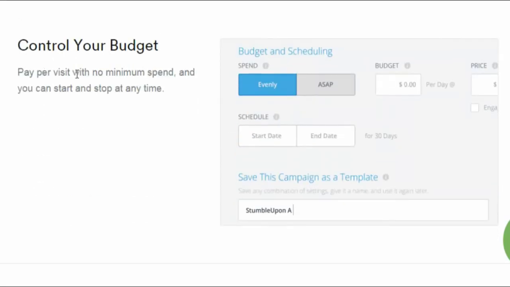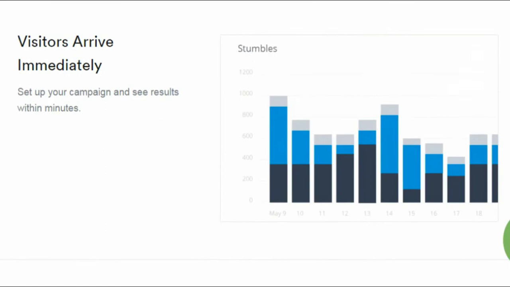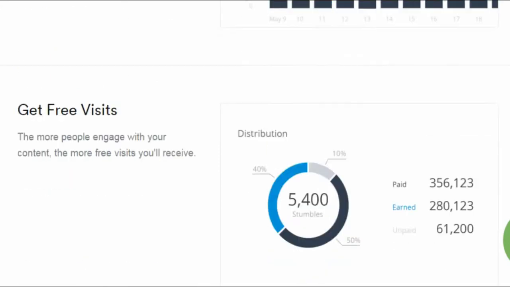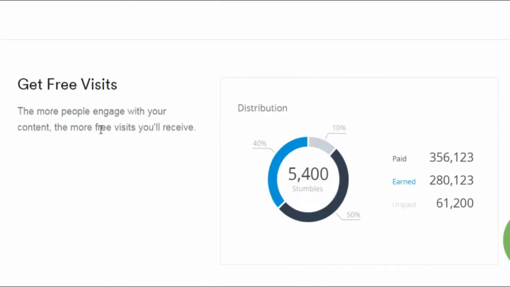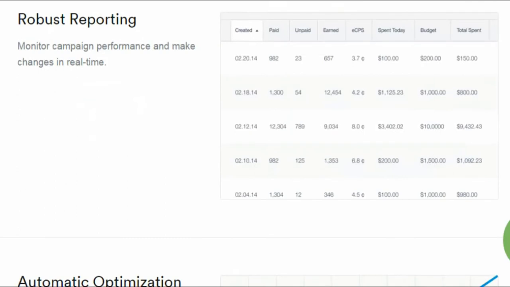You're in complete control of your budget, so there's no minimum spend at all, and you can start and stop at any time. So there's no way you can go broke by trial and error with Stumbleupon ads. And if you want, you can have your visitors start to arrive within just a few minutes. If more people engage with your content, you'll also receive free visitors, as you can see from this graphic here.